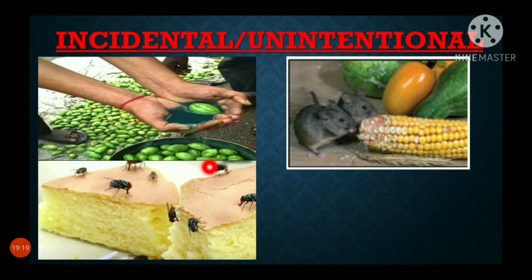So in this what happens? This type of adulterants are added unknowingly due to the ignorance or carelessness. It is our carelessness during food handling and packaging. It includes pesticide residues, droppings of rodents, insects or mouse, microbial contamination due to the presence of pathogens like Escherichia coli in fruits and vegetables, ready to eat meat and poultry products. These all are accidentally, by mistake, the handling of the food can spoil the food, or the place where you are keeping the food can also spoil the food.